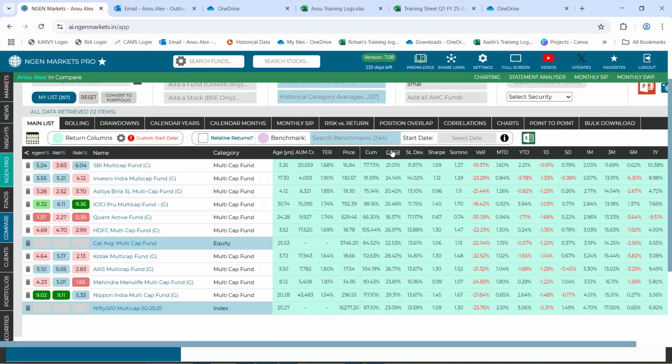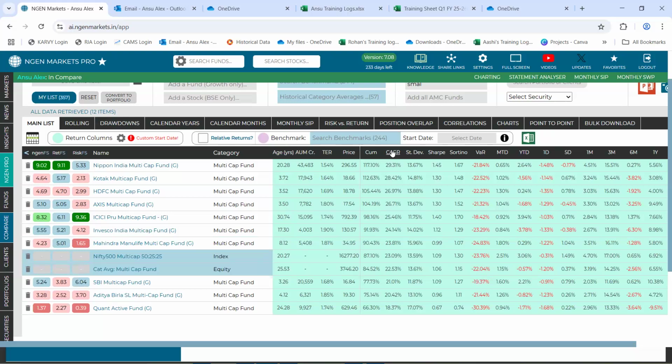If I just see this basis the CAGR return, we get to see that there are 6 or 7 odd funds that have outperformed the benchmark as well as the category average when we consider their CAGR return in the previous 3 years, the end date being the previous day, that is the latest trading day. While there are 3 funds, SBI Multicap, Aditya Birla Multicap, and Quant Active Fund, that were not able to beat the benchmark as well as the category average when we consider their CAGR returns.